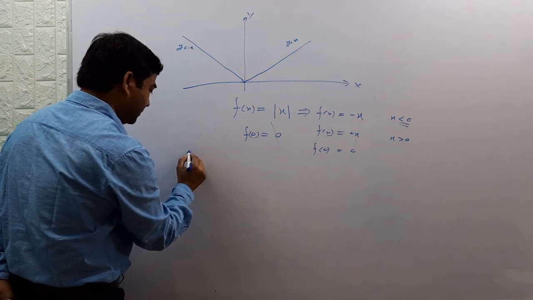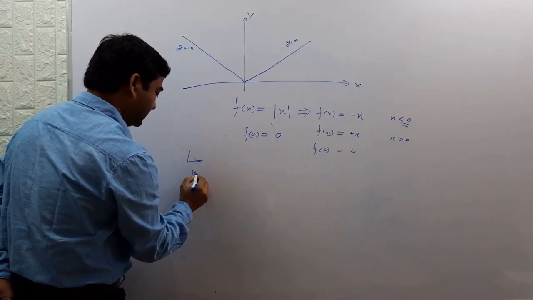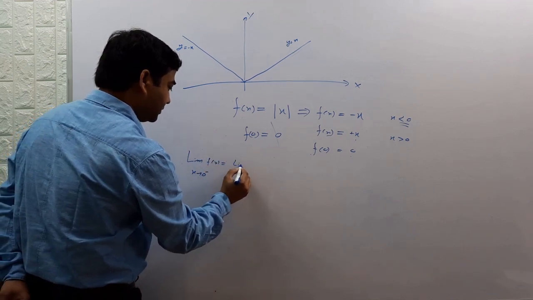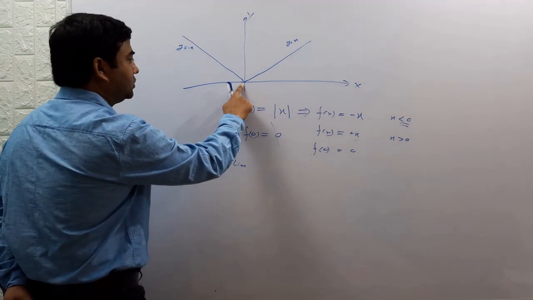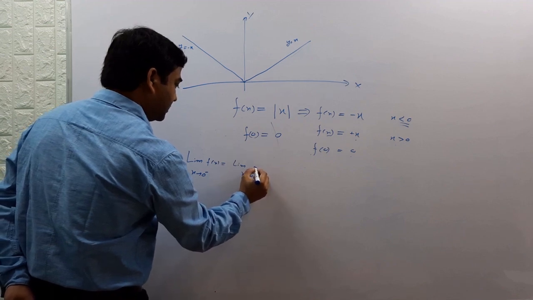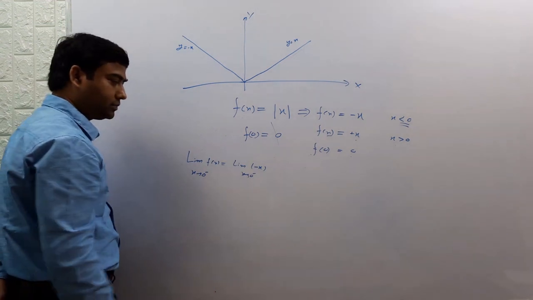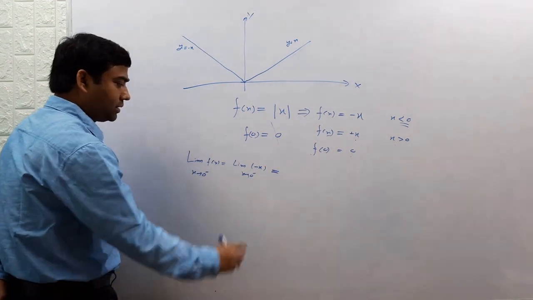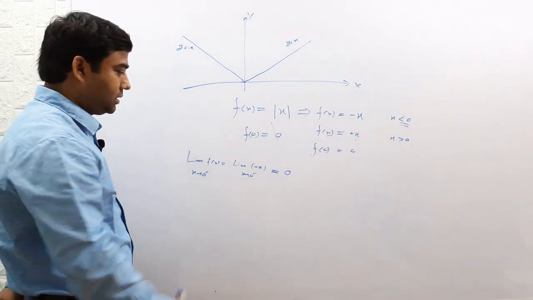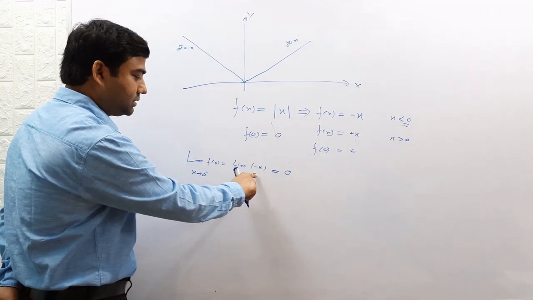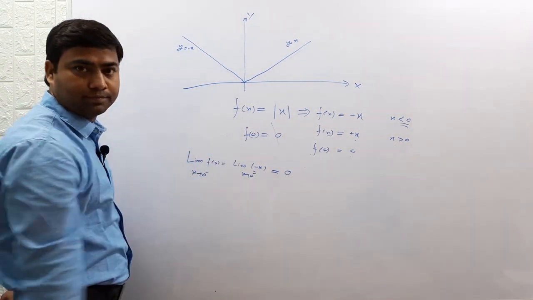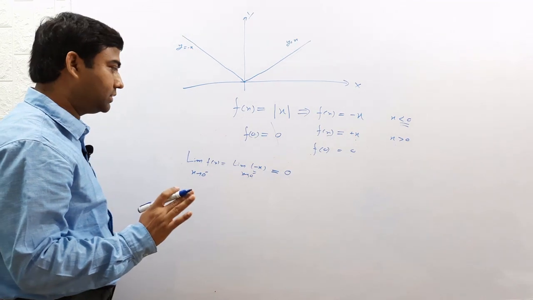Here you just see the value of the left hand limit. What is the left hand limit? The limit as x tends to 0 minus of f(x) is equal to, from this side x is approaching 0, x tends to 0 minus, x is equal to, just put the value 0 here, it is 0. Minus doesn't mean it is minus; this is only to indicate it is coming from this side, and the value is coming to 0. It is not minus or plus 0, nothing like that.